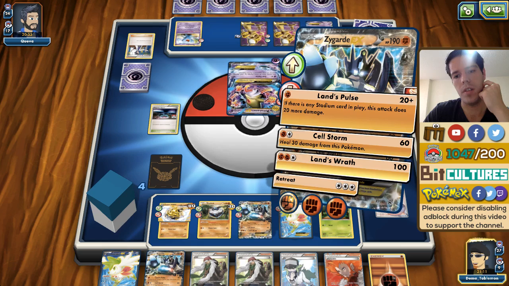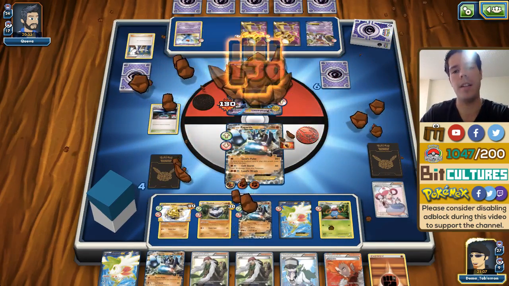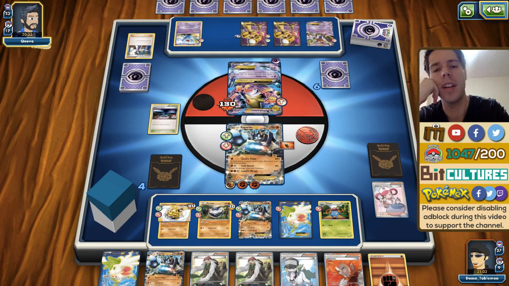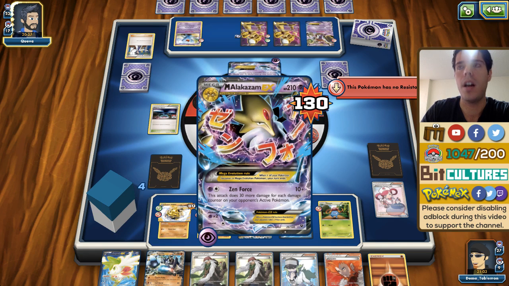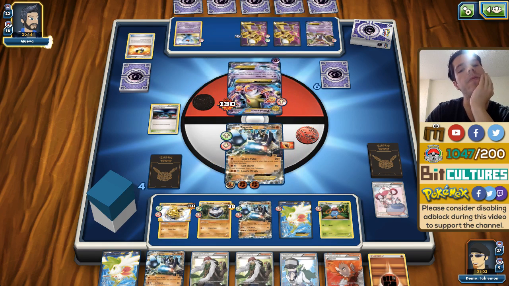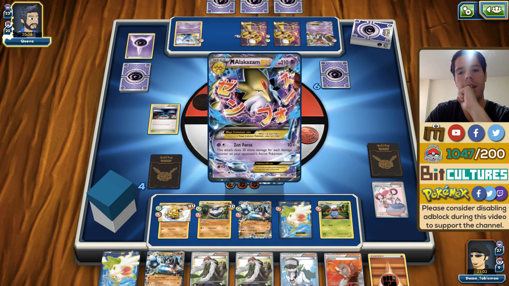But since there's no need now, I can Lance Wrath for maximum damage output, and best case scenario, he gets 2 Spirit Links, 2 Mega Alakazam EXs, and I will have 4 damage counters, and that means he deals 130 plus the 40, 170 damage. So not even if he also gets a Megaphone will he be able to KO me. There is absolutely no way he gets a KO right now